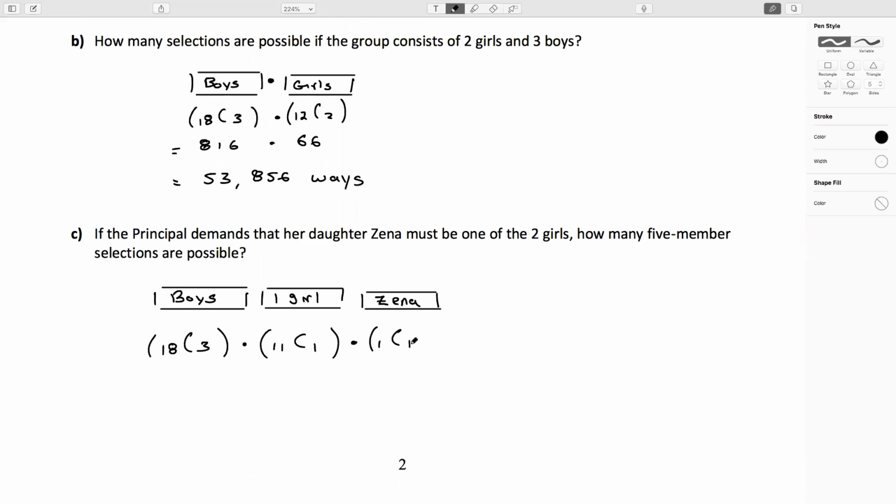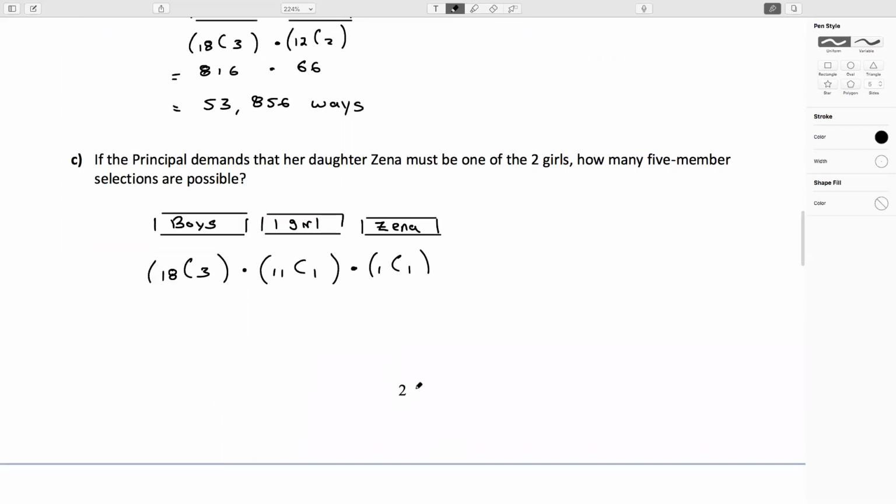1 choose 1 is the number of ways we could pick Zena. So if we crunch the numbers on this, 1 choose 1 gives us 1 way to pick Zena. 11 choose 1 gives us 11 ways to pick 1 other girl. And 18 choose 3 is still 816 ways to pick the boys. If we multiply these together, we get